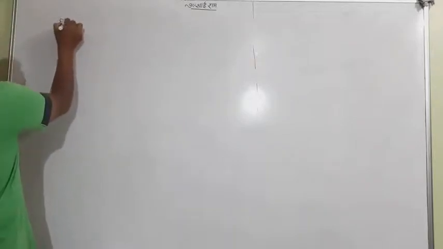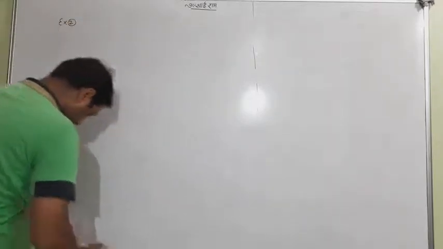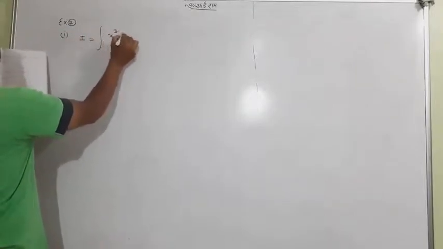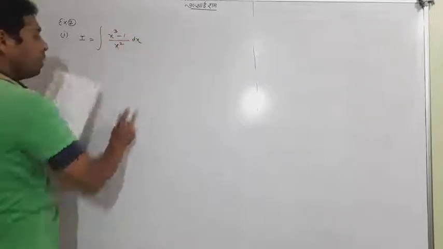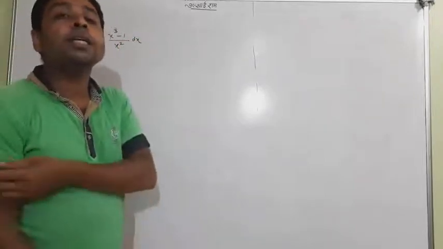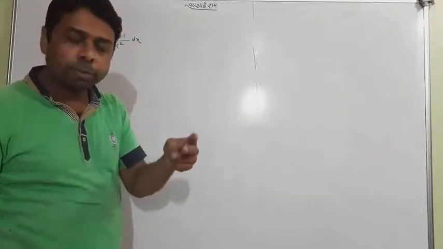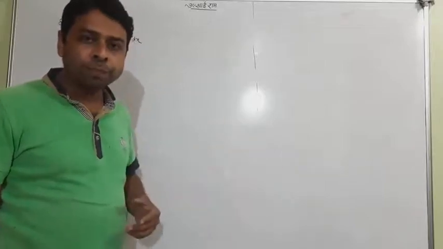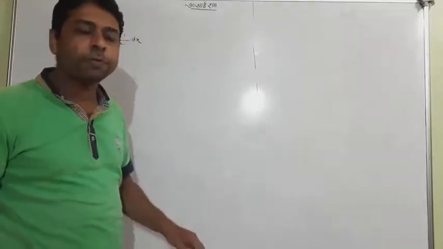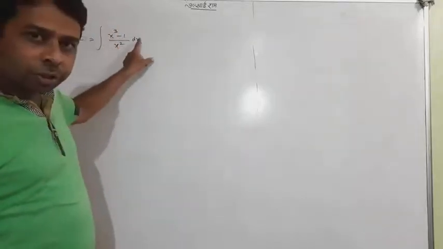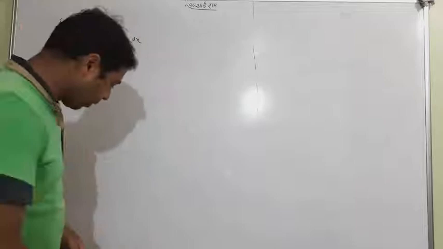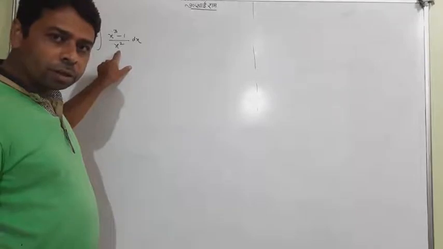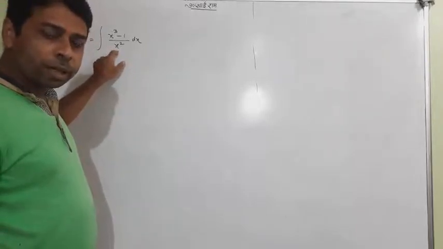We start with example number 2. Let me complete example 2. We have question number 1 under example 2, that's I equal to the integral of x cube minus 1 upon x square. Let me clear one thing: under integration we have the addition concept, the subtraction concept, multiplication also, but it will come later, and we have no division formula. Even if the question comes in division form, it will be solved by another method. Look, this is a single term, a monomial, in the denominator.